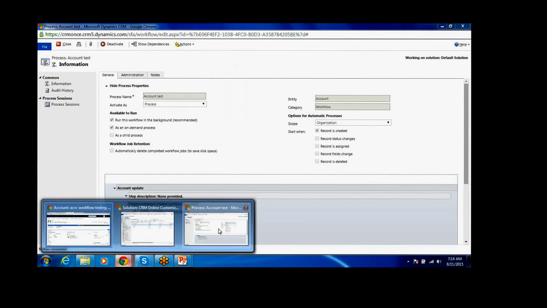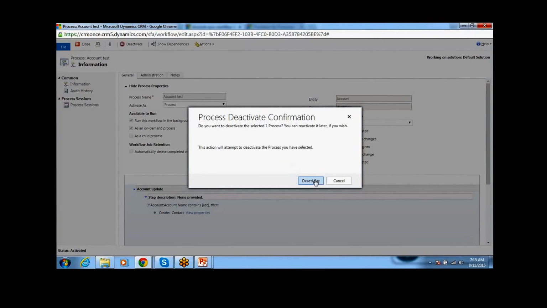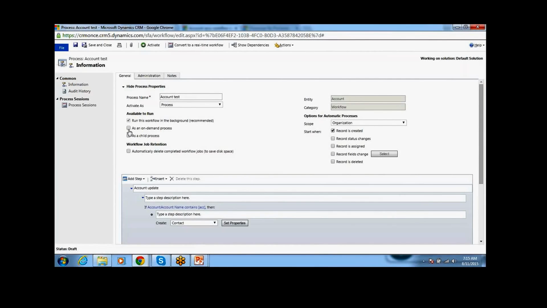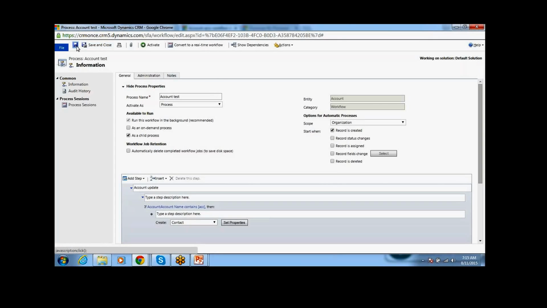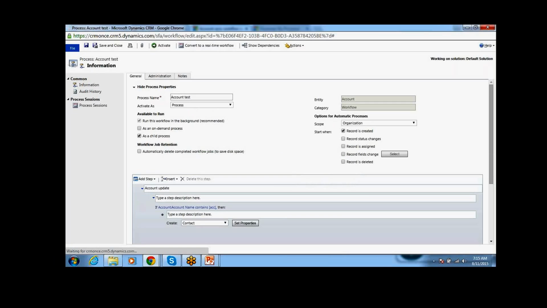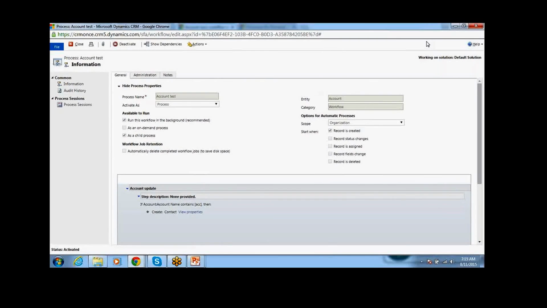So the next one, run as a child workflow. Here I have unselected run as a child workflow. If I select this one, this child workflow is activated.